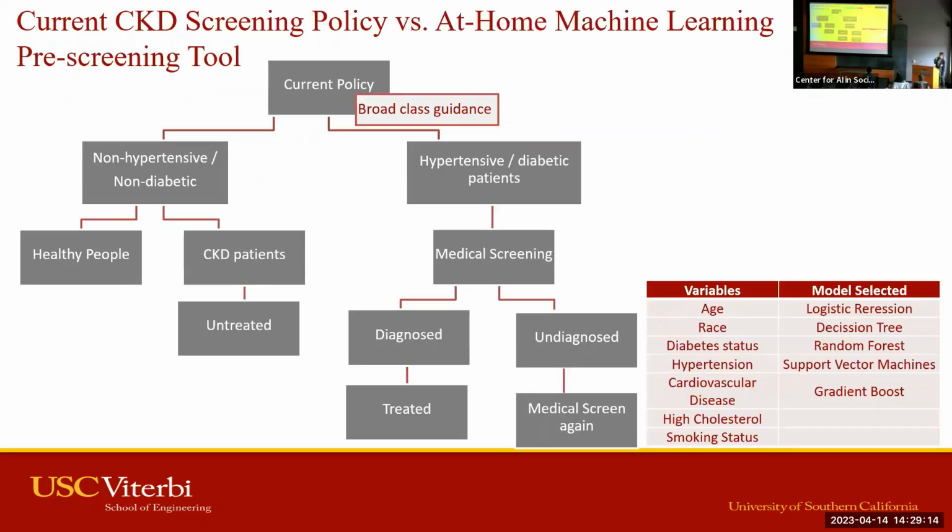And here I'm showing the current status quo policy, which is just a broad guideline. As we can see along the stream line, only patients who are hypertensive or diabetic will be prompted to a medical screening, and those who are diagnosed will be put on treatment. However, within the non-hypertensive and non-diabetic group, they will never be treated and never be screened. With our pre-screening tool,